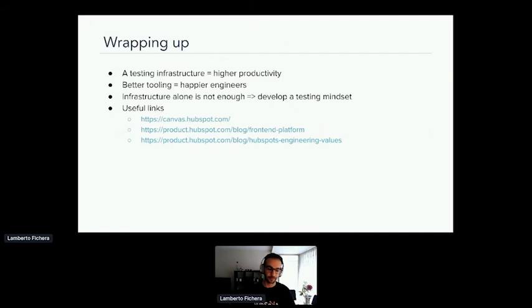So testing their own apps, testing your product, and making the product more reliable. Also, better tooling, providing tooling means happier engineers. And finally, obviously, all the tools in the world will not make your front-end testing a first-class citizen. You also need to develop the testing mindset. So documentation, best practices, support, all of that.